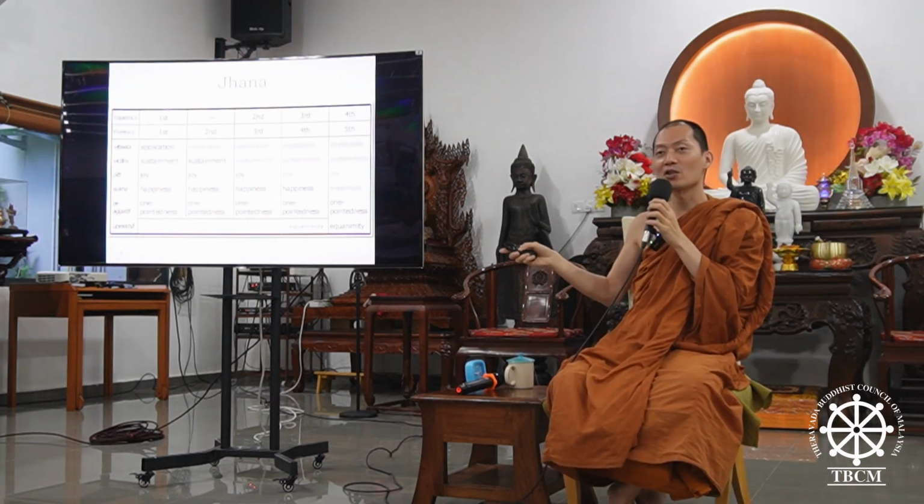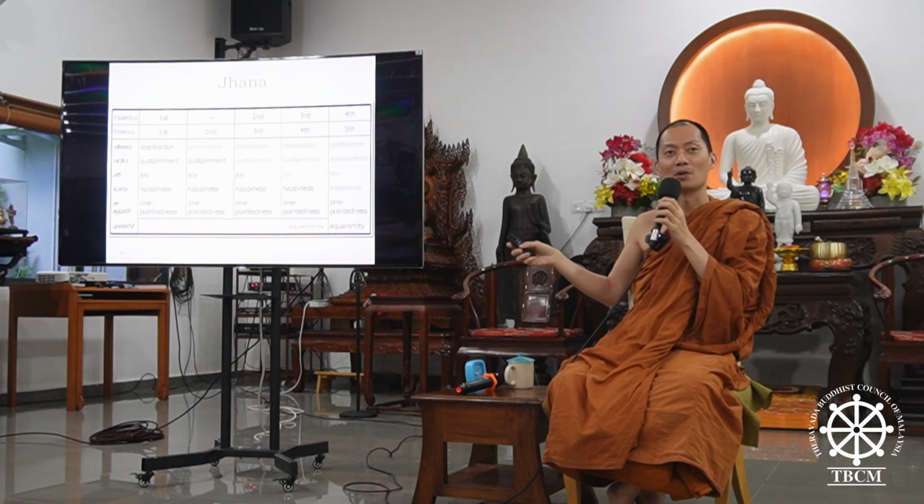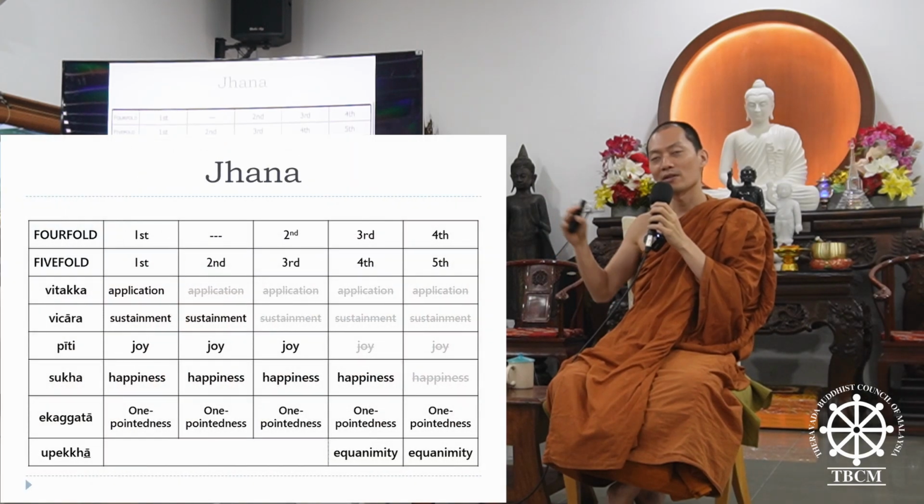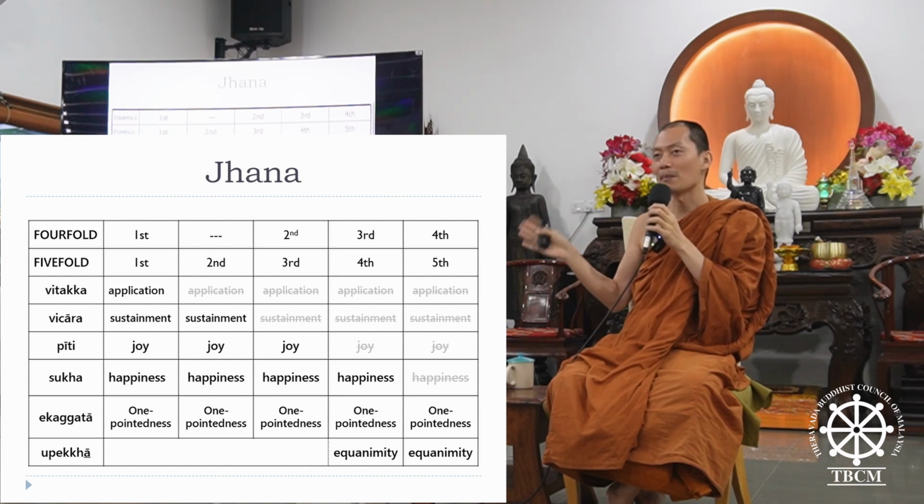So I'll just go to the next one. Okay, who has seen this chart before? More or less something similar, right? This chart talks about the different emotional factors, which we call jhana factors, when you enter the different jhanas. That's why I don't put the wordy form; this is the tabulated form.